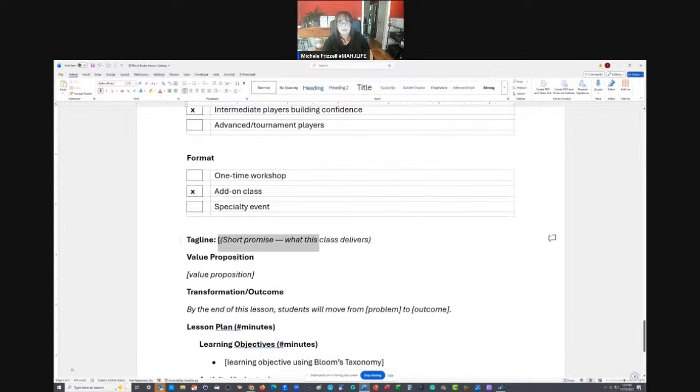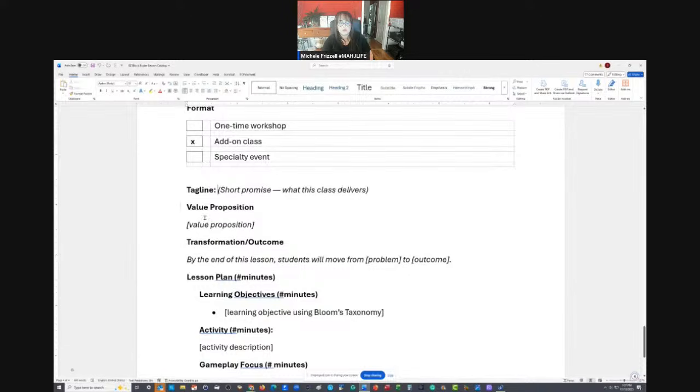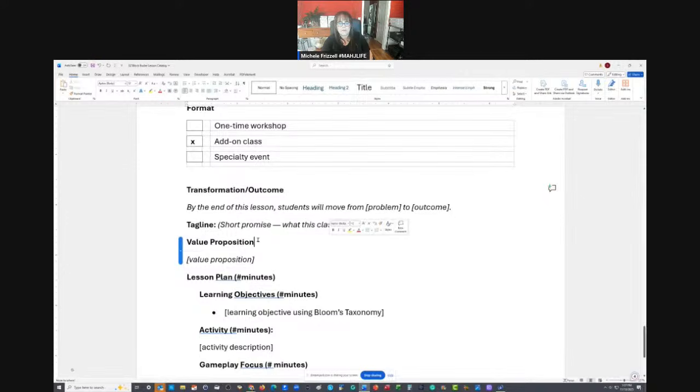So the tagline, you wouldn't want to do a tagline until you get the outcome defined. And you really wouldn't want to do a value proposition until you get the outcome. So I would probably put the outcome first. So we'll tweak this as we go. So the transformation outcome: by the end of this lesson, students will